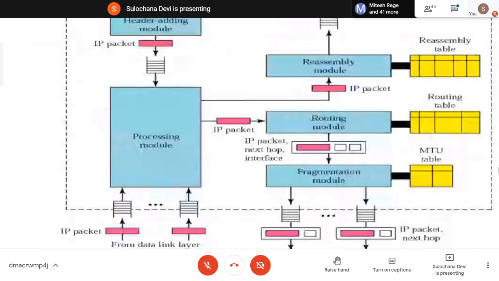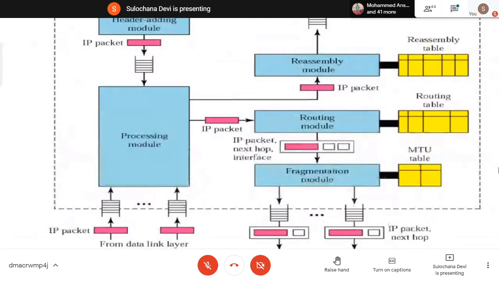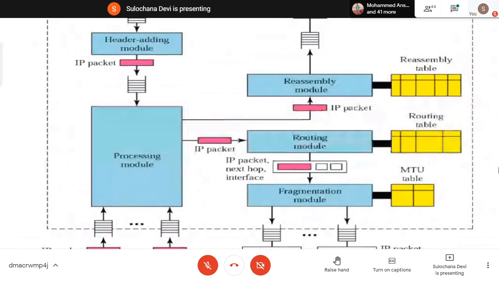Then it is given to the processing module, and then to the routing module. The routing module decides the best path, from which path it has to go. For this there is a routing table, which it will consult.